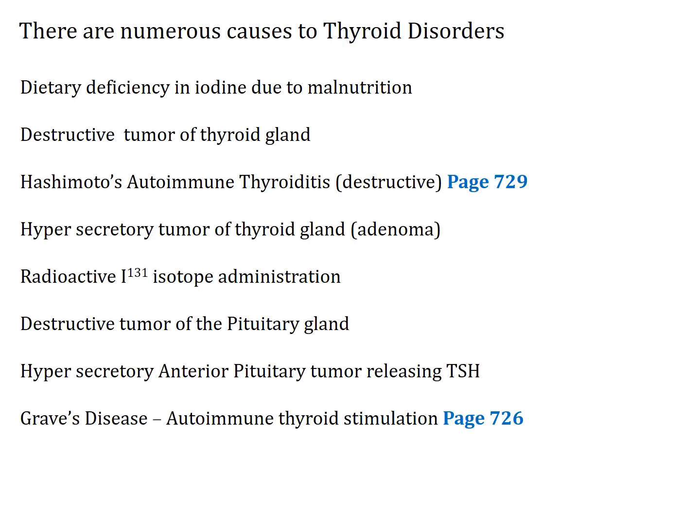There are a number of different thyroid disorders. And here I've listed 1, 2, 3, 4, 5, 6, 7, 8 different thyroid disorders. What I want you to do is look at each of these 8 disorders, and tell me, would the person be hypo or hyperthyroid in terms of the physiology? And then if you really wanted to be good about this, what do you think would be the TSH level in that individual? Do you think it would be elevated or low?